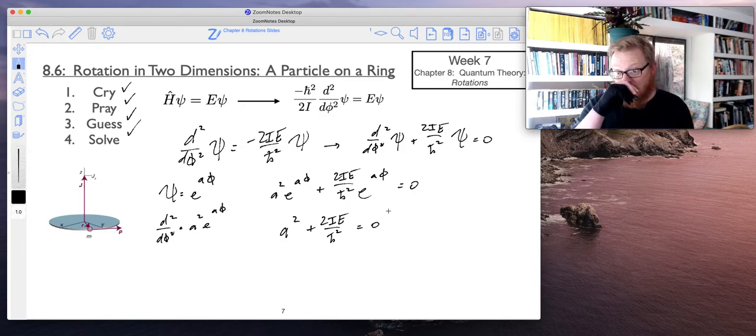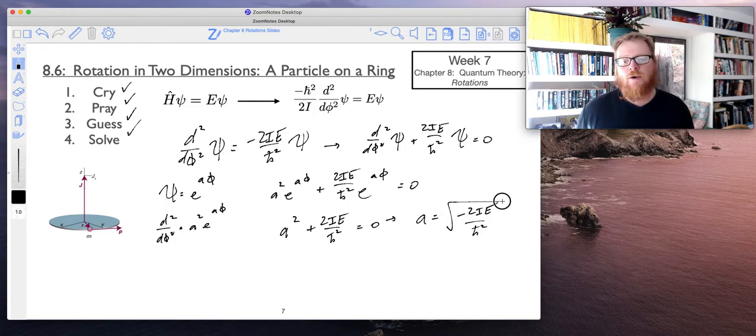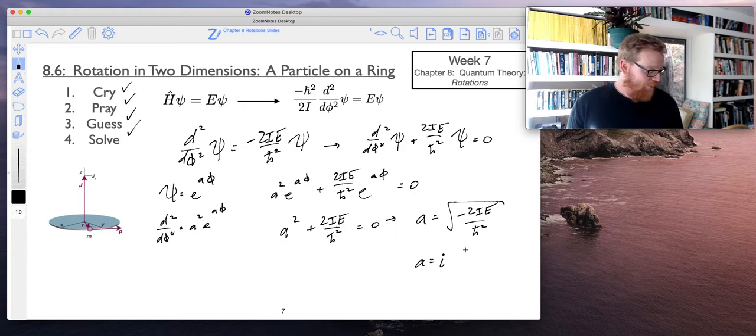And I think you can see where this is going. We're going to get imaginary roots. So this is going to be a equals the square root of negative 2IE divided by h bar squared. And so now I'm going to use some foreshadowing here. I'm going to use a different letter than a. So I'm going to say now that a equals i times